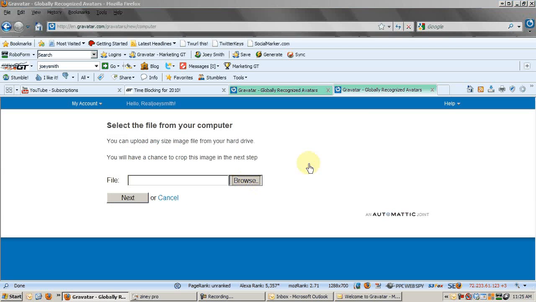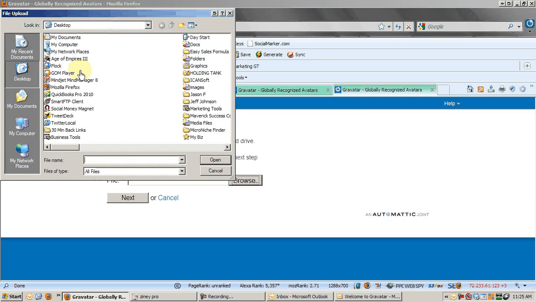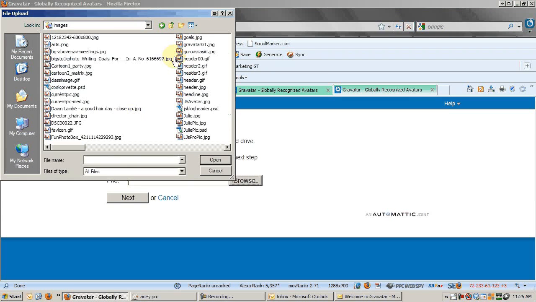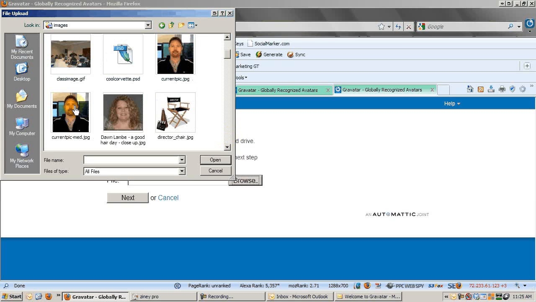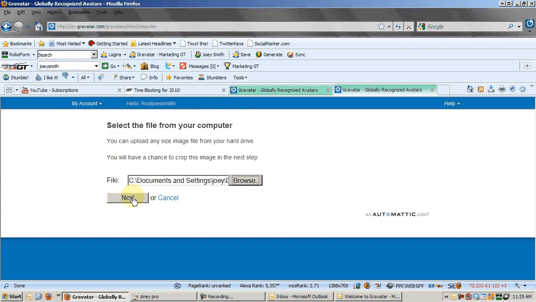and then all you have to do is click browse, and then find an image that you have of yourself that you want to use. I like to view my images by thumbnail. That way I can find the right pictures. Okay, so if I put my current picture there, click next,